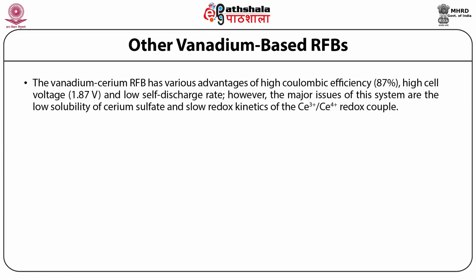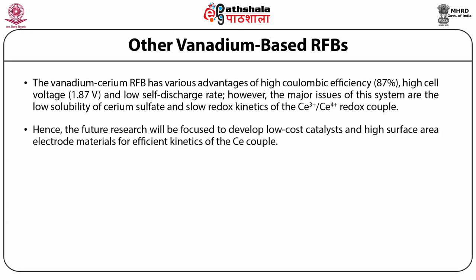However, the major issues of the system are the low solubility of cerium sulfate and slow redox kinetics of the Ce3+ or Ce4+ redox couple. Hence, future research will be focused on developing low-cost catalysts and high surface area electrode materials for efficient kinetics